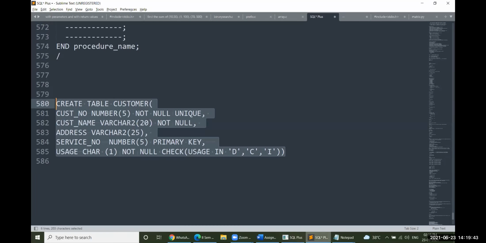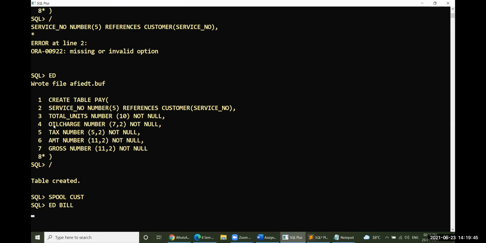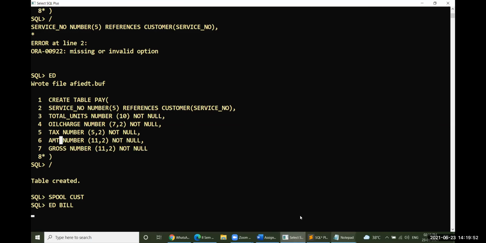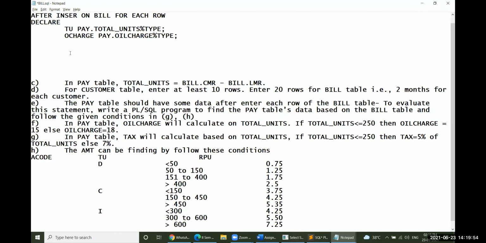Then we need tax, amount, and gross. Okay, let me take the tax here. TAX, so PAY.TAX%TYPE.